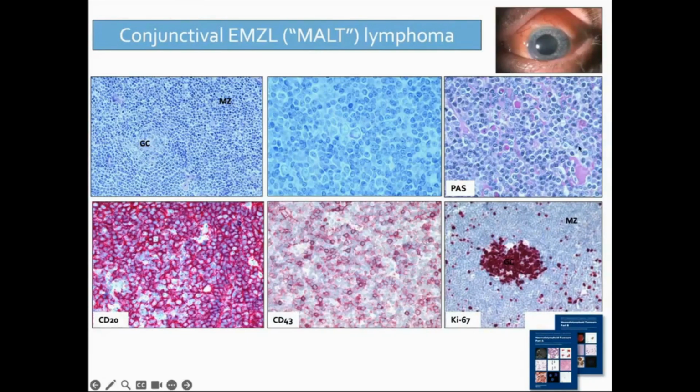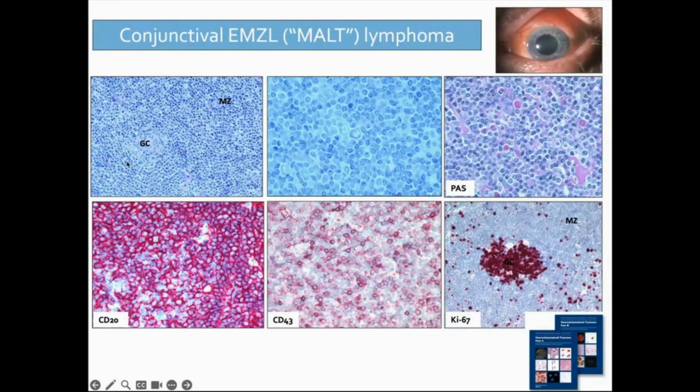So this juvenile xanthogranuloma case mimicked, in a way, the salmon patch that you can get with conjunctival lymphoma. And of the lymphomas which can occur in the conjunctiva, the most common one is the MALT lymphoma,